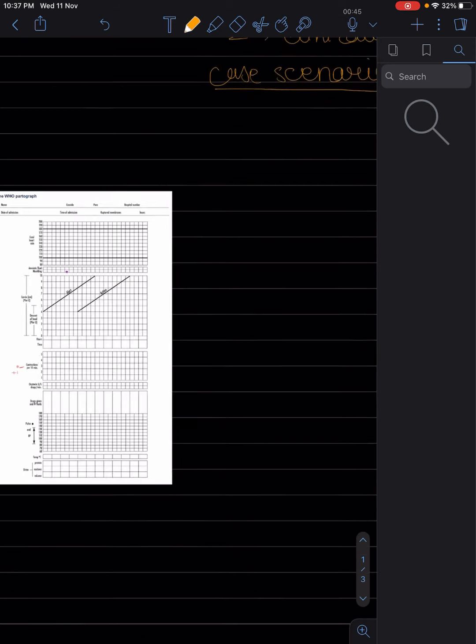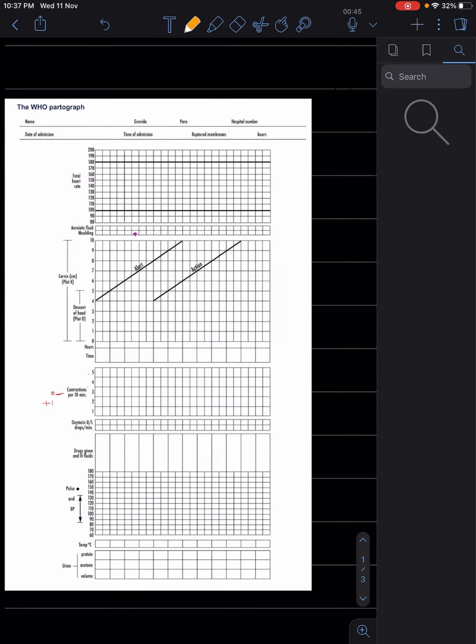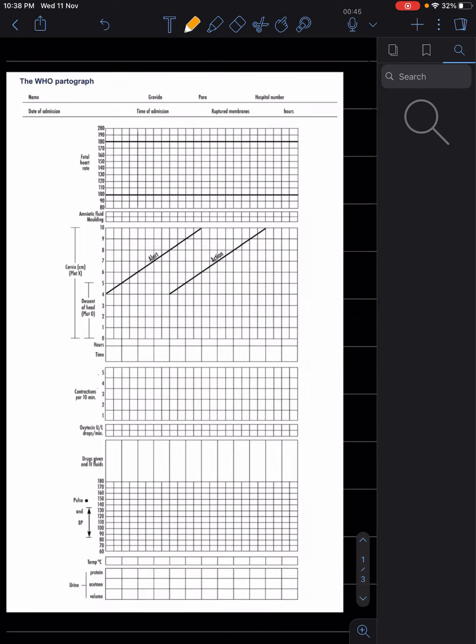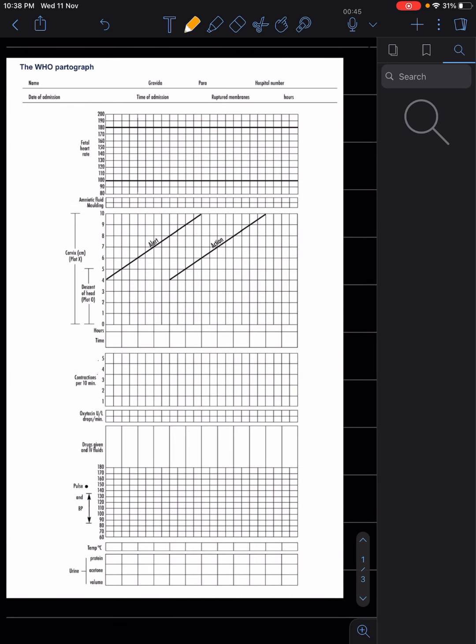So this is the partogram that we usually encounter. This is a WHO partogram. So if someone asks you about a partogram, this is the WHO partogram, the standard partogram that we use, right? I'll be going around the specifications about each of these, what are the components I told you, and how to plot each of these and at what time.